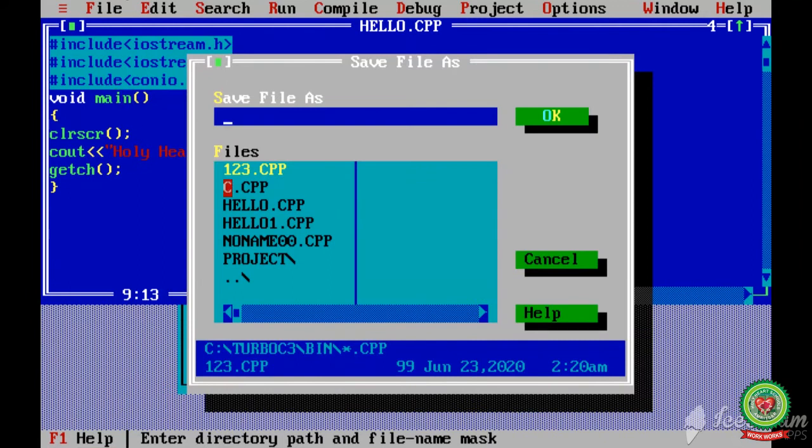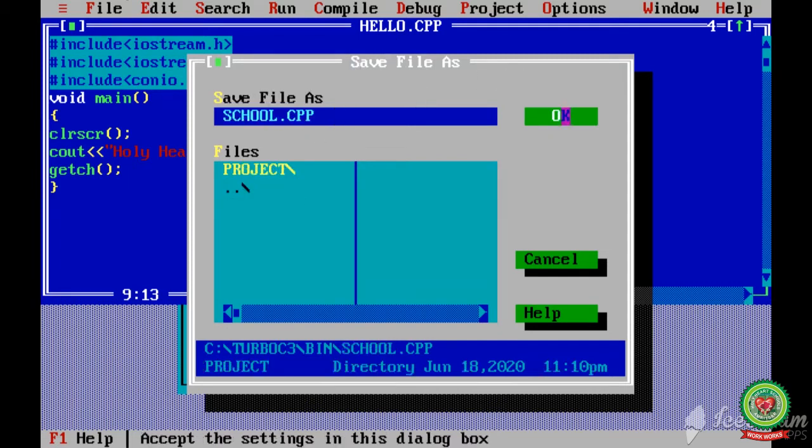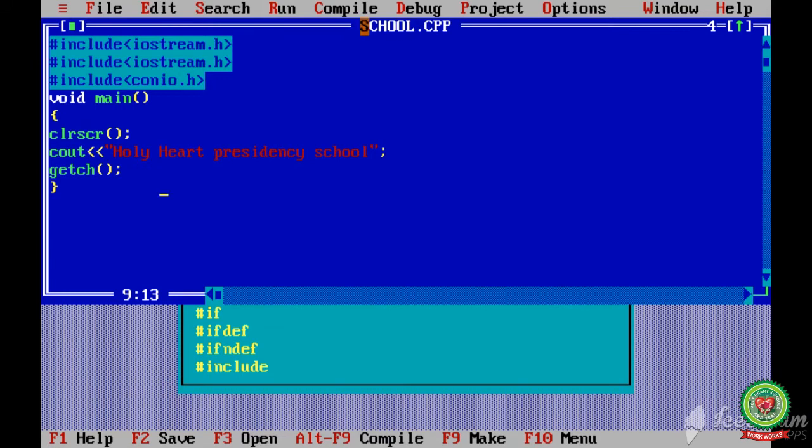I will write school.cpp. CPP is the extension of my file for C++. I'll click on OK. Now you can see the file name is coming at the top.